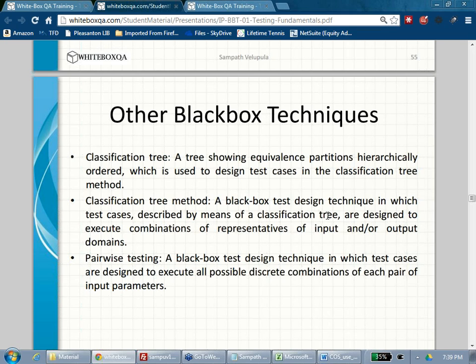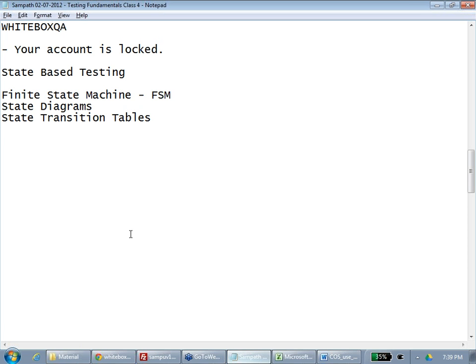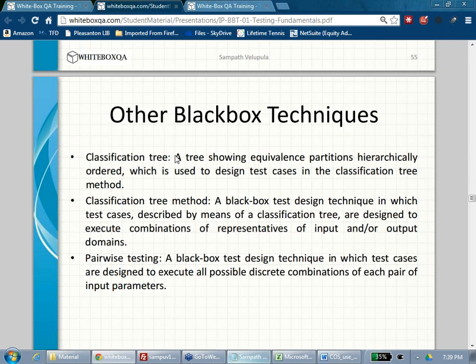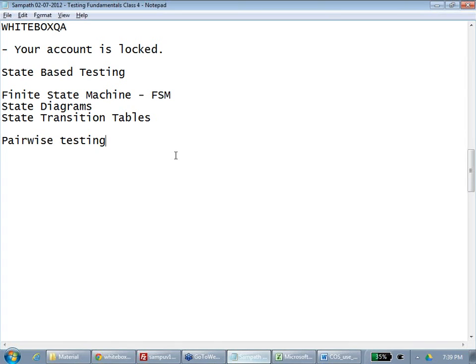Okay, so then there is something called pairwise testing. Let's see what pairwise testing is. Pairwise testing is also like a decision table. For example, you take two things at a time and you test them. Let's say I want to do account transfers testing.